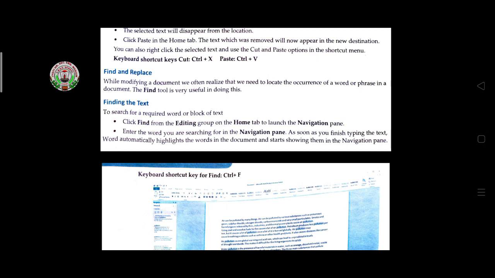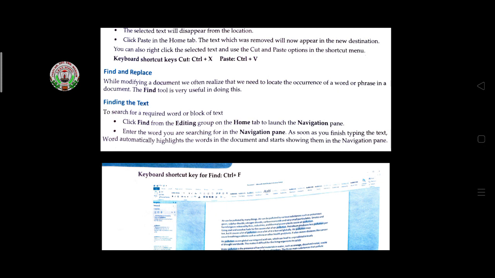And suppose you want to replace that word with another name, with the help of this replace tool you are able to change the name. Suppose you had typed one story about a boy named Rahul.